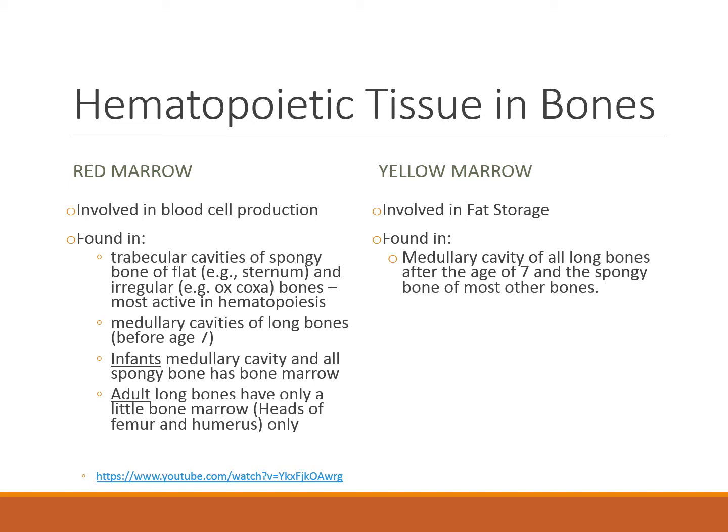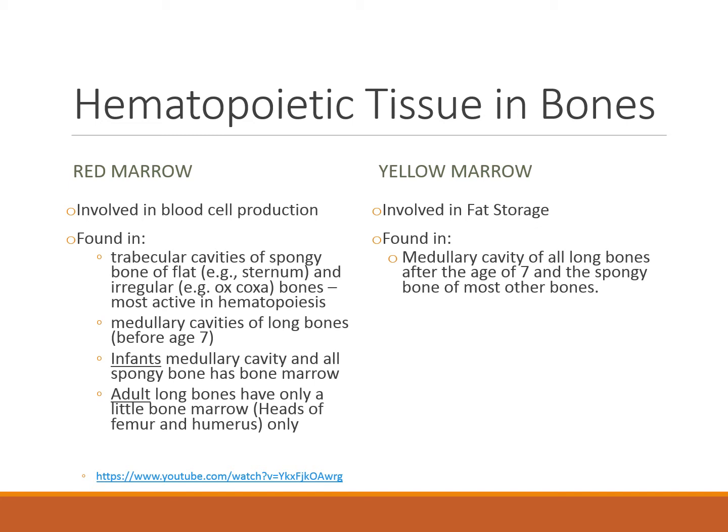blood cell production. After the age of 7, red marrow is slowly converted to yellow marrow in most places. In adults, red bone marrow is found only in the vertebrae, hips, breastbone, ribs, skull, and in the heads of the femur and humerus. A bone marrow transplant is a medical procedure that is performed when a person's red bone